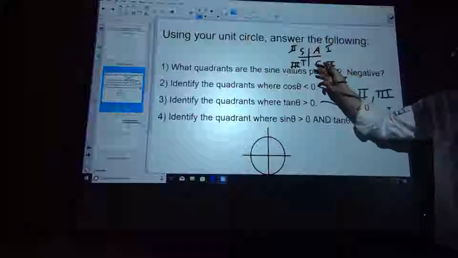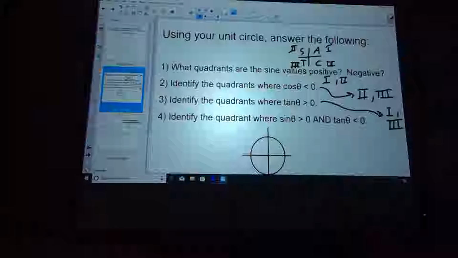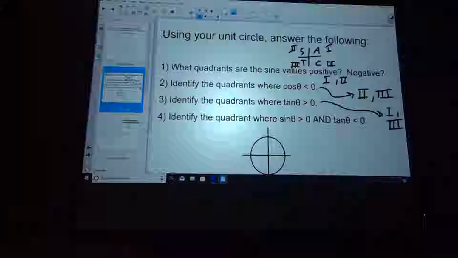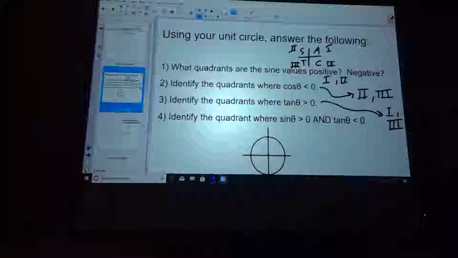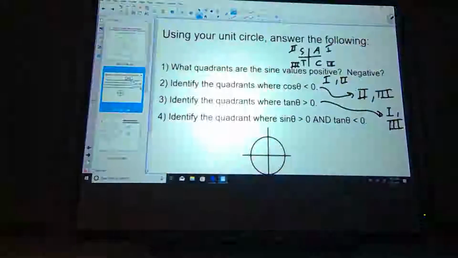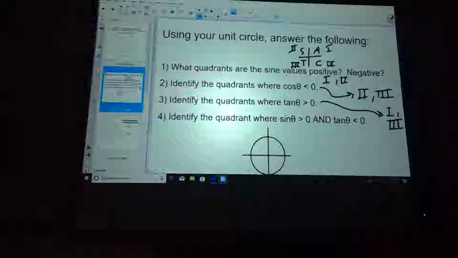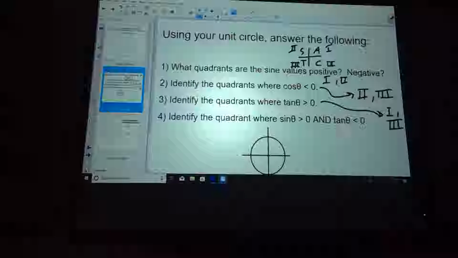That's why you have ASTC. The ASTC refers to all of them, or sine and its reciprocal is positive in quadrant 2. Tangent and its reciprocal in quadrant 3. And cosine in quadrant 4. Oh, jeez. My bad. All right. And then